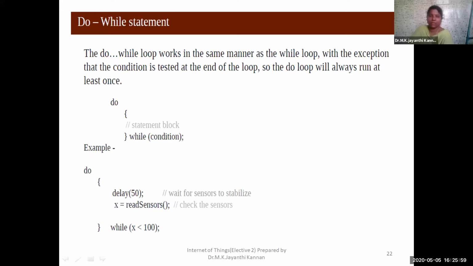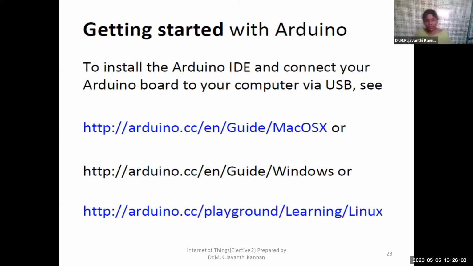Arduino UNO board. So if you want to install Arduino in your system, to install the Arduino IDE, the integrated development environment, connect your Arduino board to your computer via USB. So we'll go to the web page